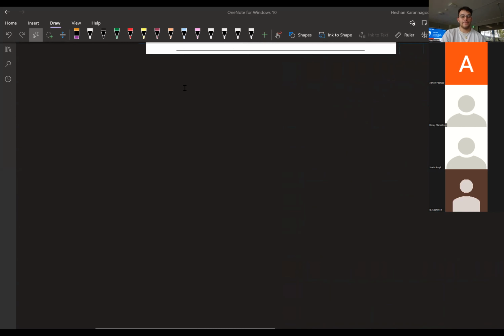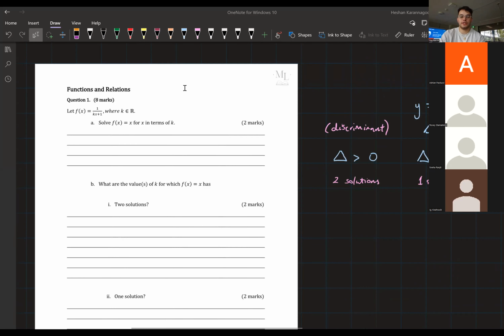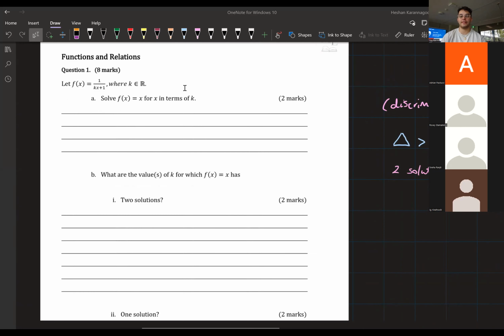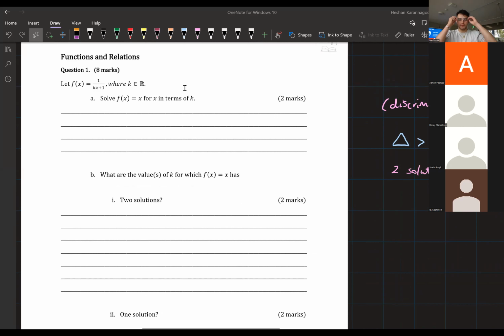Cool. So these questions are ones that we made, and we specifically designed them to cover a wide range of concepts. The concepts covered in these questions are more on the complex side, so things that you might not see in your textbook, but are definitely things that can come up on exams. These styles of questions have come up on past exams and past SACs before. Is it all good with the screen share? Yeah. Cool.